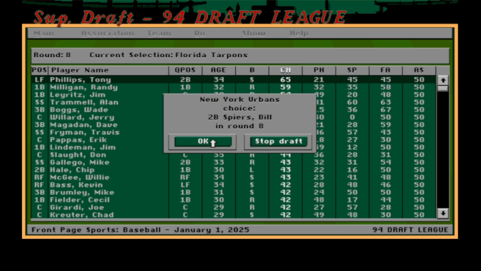Tony Phillips. Mark McGwire. He wasn't showing up on my power list from what I recall, so again, that's one of the quirks of their rating system. Not a big fan of how they did this, but